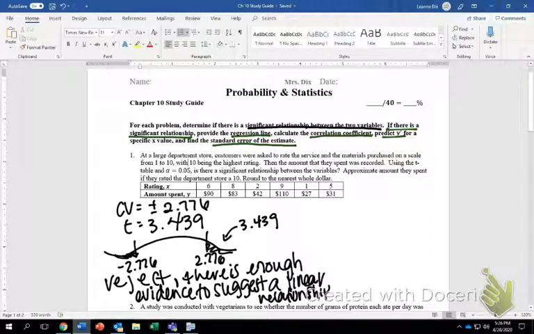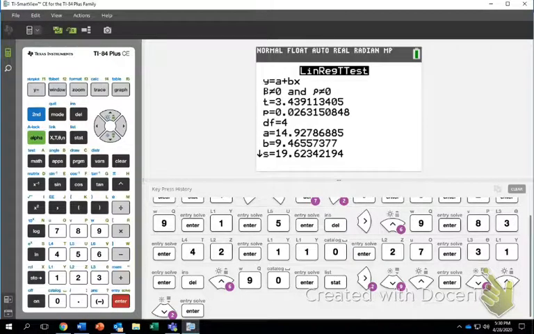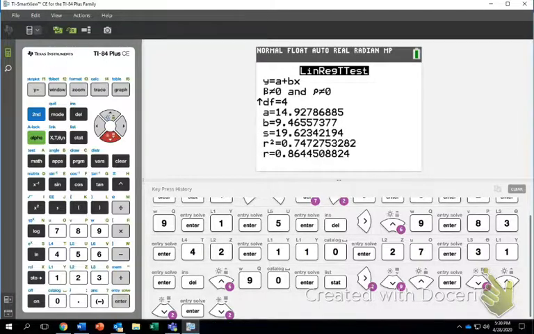So that's why I haven't deleted anything from my calculator yet, because all of the answers are already there. I don't have to do a single bit of calculation. So the first thing I'm going to do is write my R value. Let's go back to the calculator. I have to scroll down to get to it. Scrolling down reveals that my R is